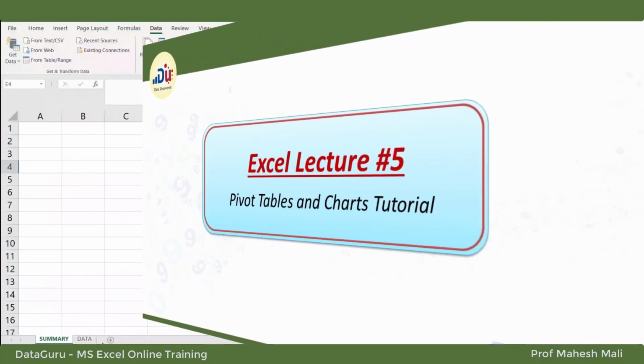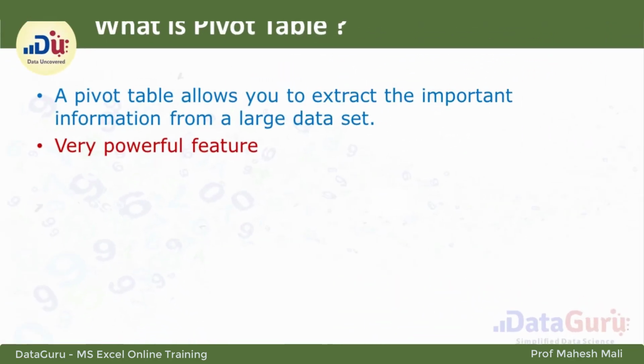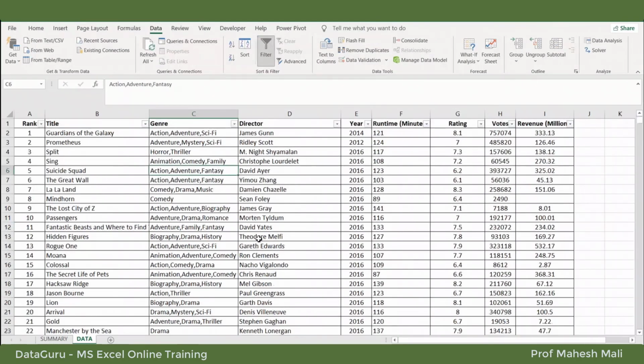So in Excel, it is very important to learn the data and plot it in a way it will be easy to understand. So today we are going to visualize and analyze this data in the form of a pivot table.